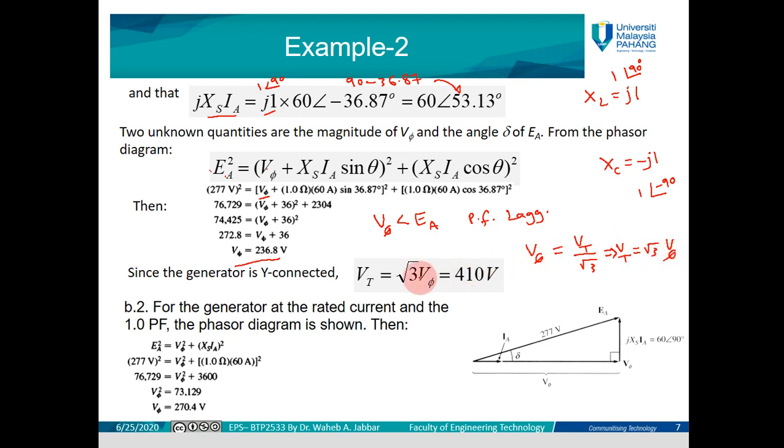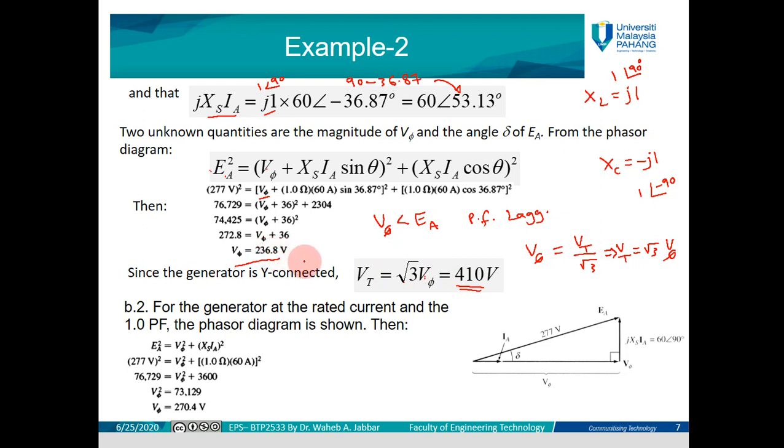So here we apply this. V phase is already there, which is 236.8. We substitute here and we get the value 480. So this will be the terminal voltage that the generator provides, the terminal voltage of the synchronous generator, which will be 480 between phase to phase, I mean line to line, okay, but not the phase voltage. The phase voltage is